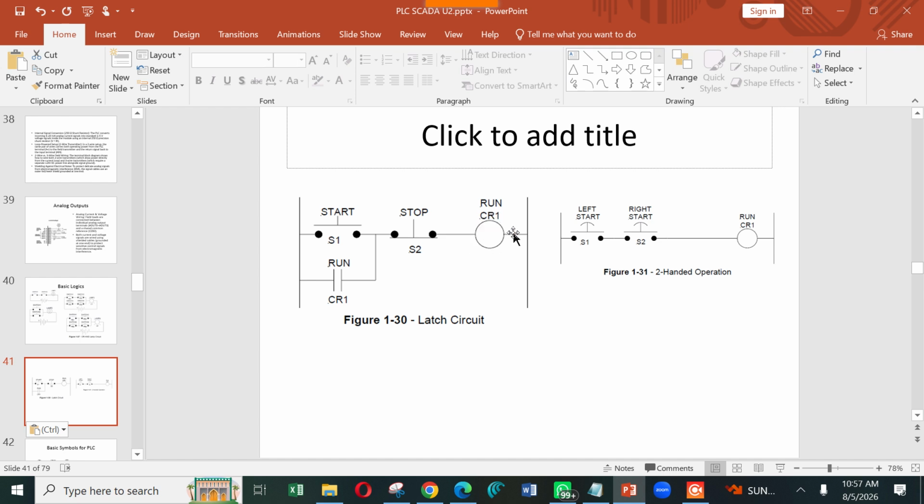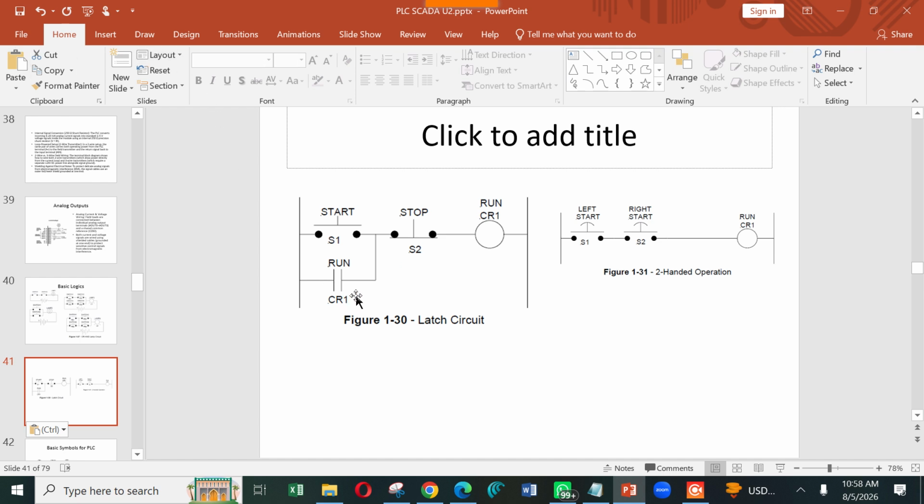Now one more contact. This is called the contact. CR1 is the contact. So this CR1 contact belongs to the relay CR1. This is the coil and its contact will be CR1. I hope you know the different parts in the relay model. In the relay model there will be one coil. There may be one contact or two contacts. Two contacts means one will be normally open, another one will be normally closed. Isn't it like that?